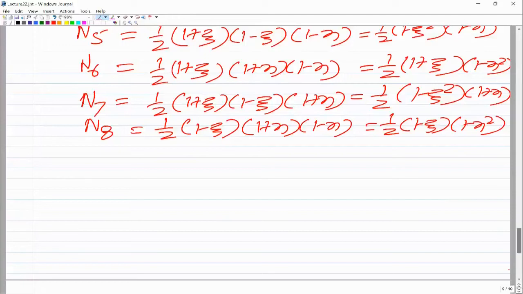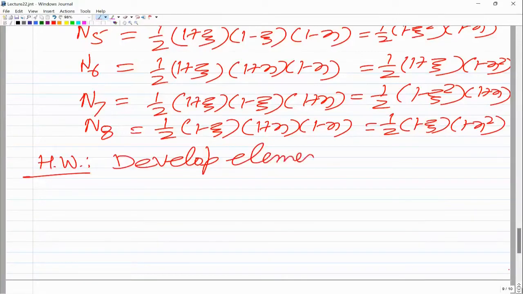So I just want to give you a homework problem. So that is not developed. So the procedure is same. Develop element level governing equations